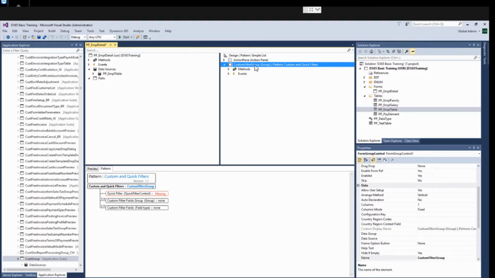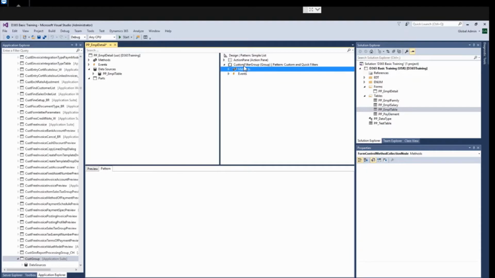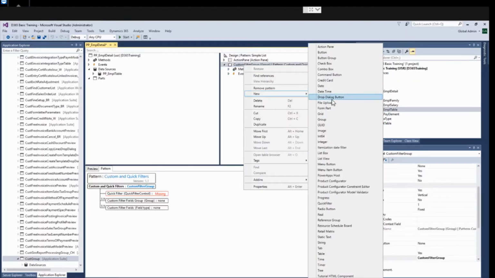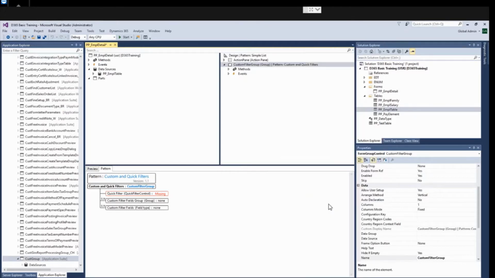I will add this one in this. If you follow the guide, here I have to add a new quick filter.